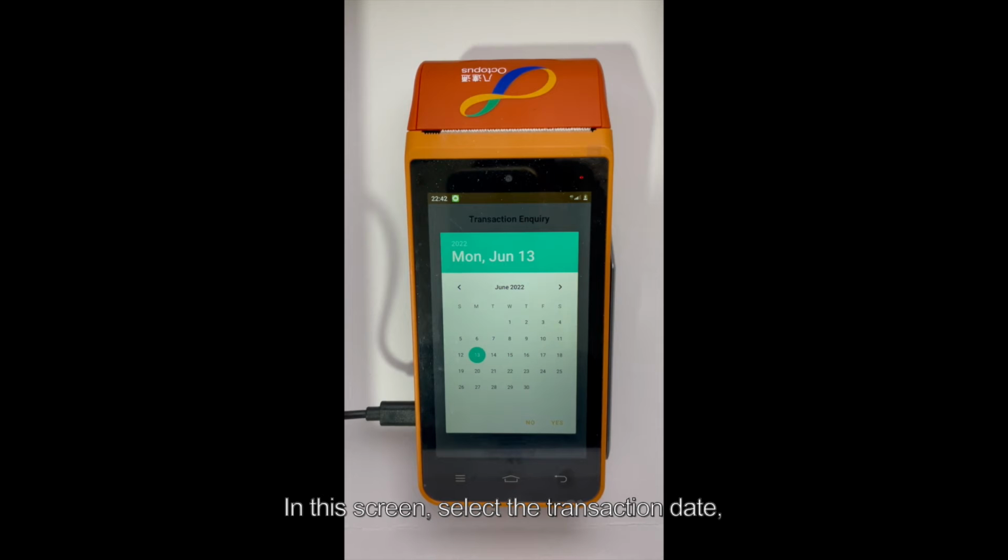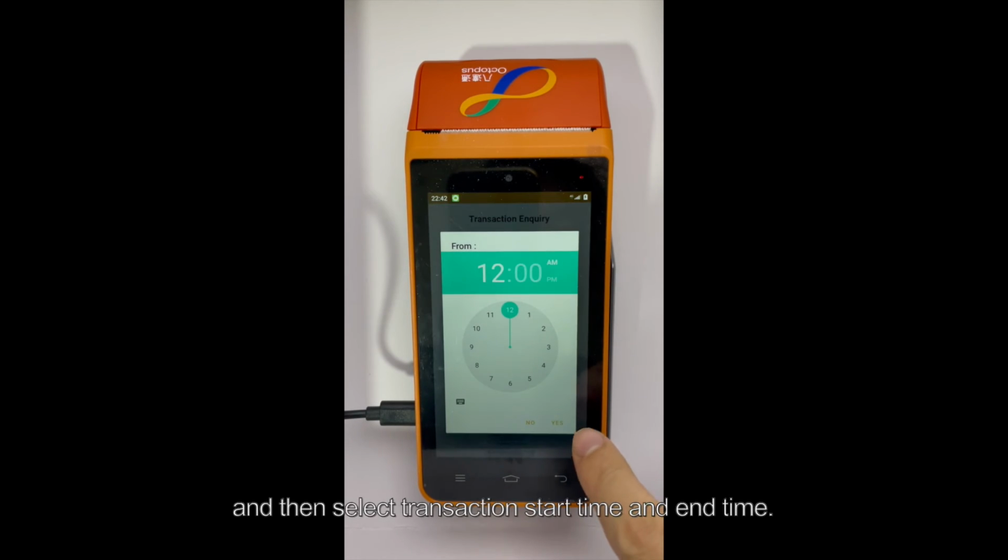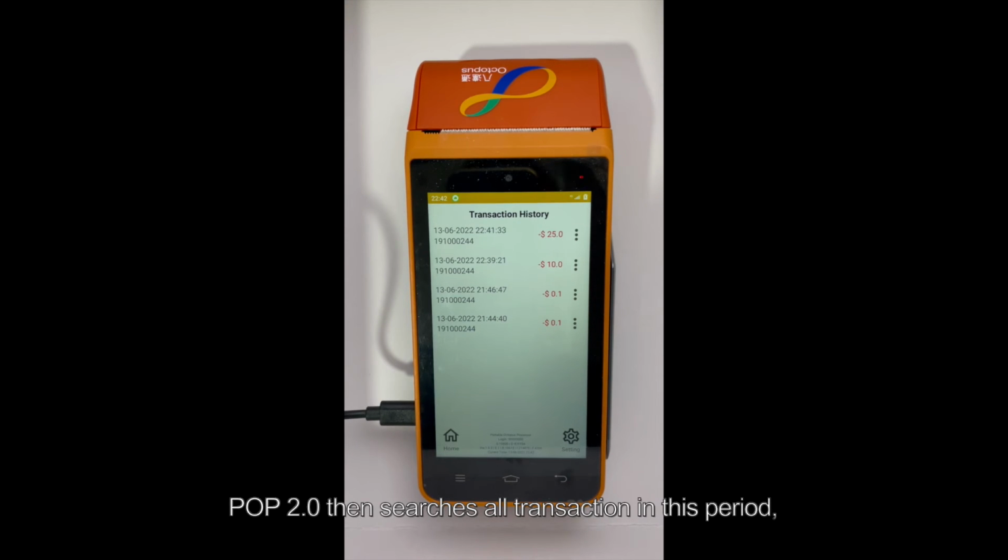In this screen, select the transaction date. And then select the transaction start time and end time. POP 2.0 then searches all transactions in this period, displaying the transaction date and time, Octopus number, and transaction amount for